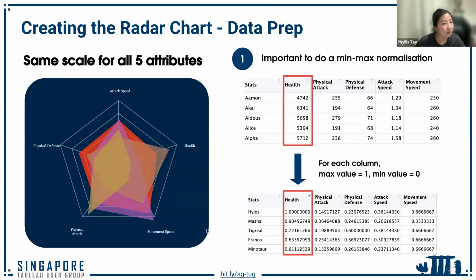Okay, so to create the radar chart, data prep is very important. You can see that I have 5 attributes that I want to visualize in this radar chart, and their scales are very different. For example, the health is in the thousands range, whereas the rest are very low. So